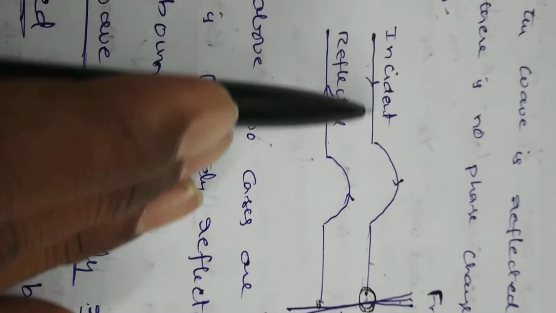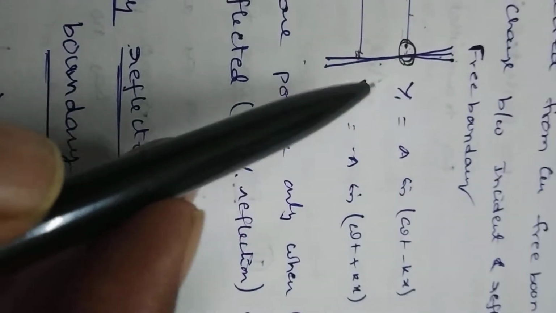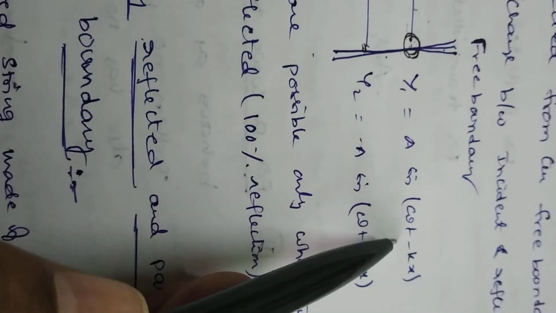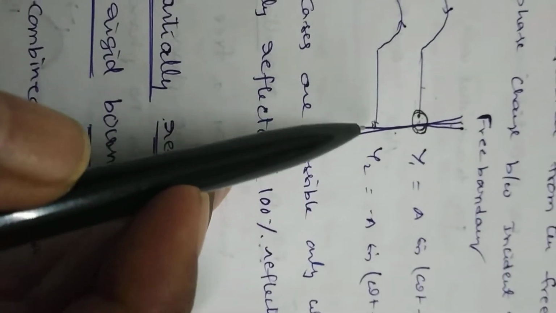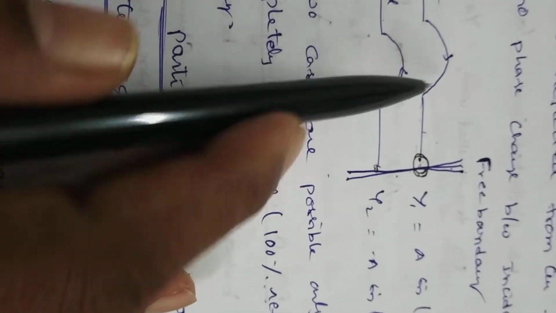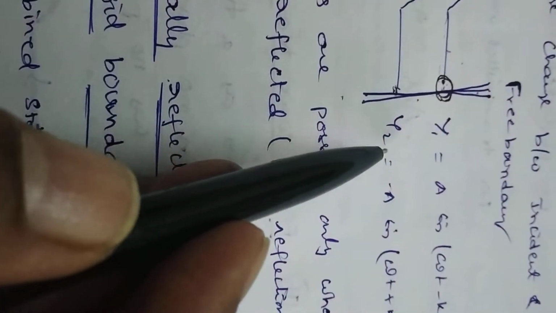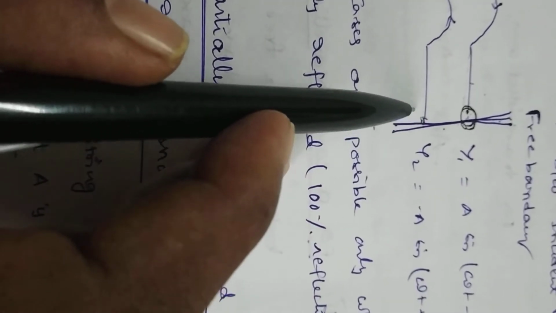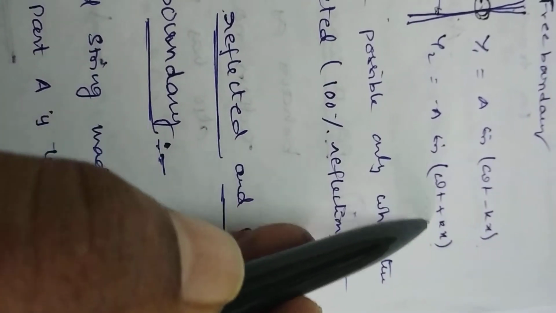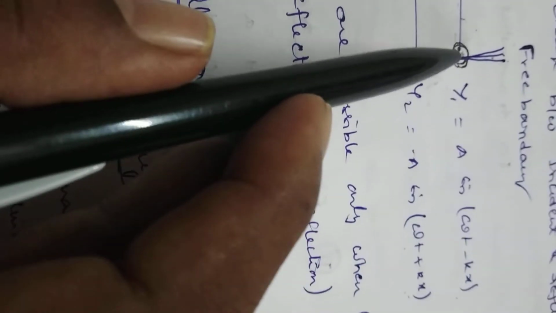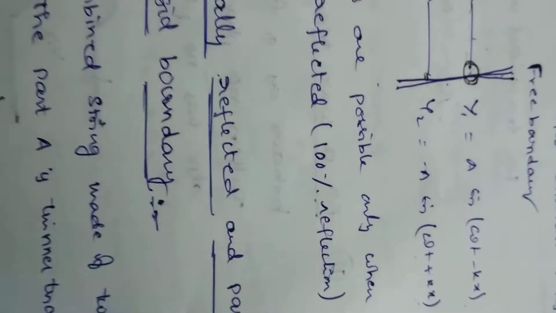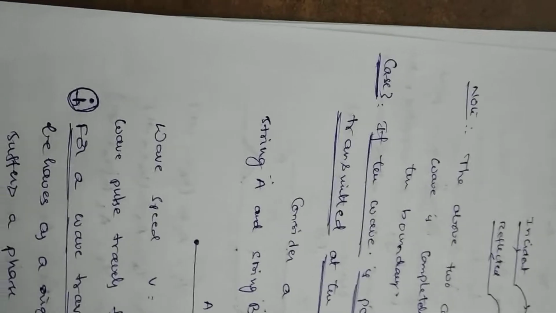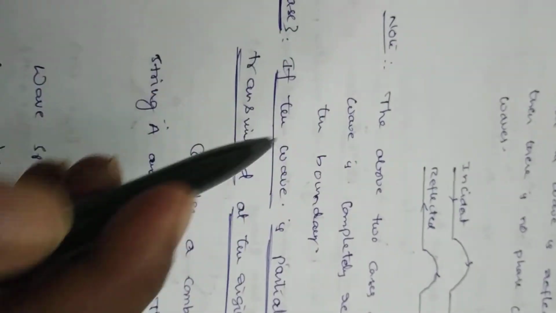Okay? Right. So the incident wave is moving along the positive x-axis. Its y1 is equal to a sin(omega t minus kx). It is reflected like this. Crest will be reflected as a crest. That means y2 is equal to a sin(omega t plus kx) because it is moving along the negative x-axis. That's why omega t plus kx. The phase change between incident and reflected wave is equal to 0. Right? So here there is a note point.